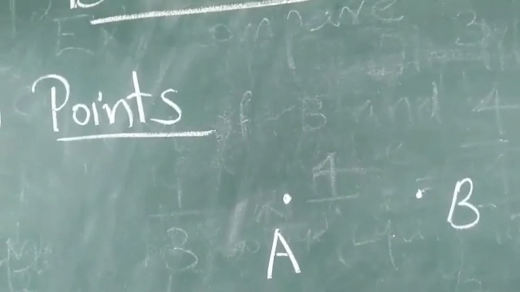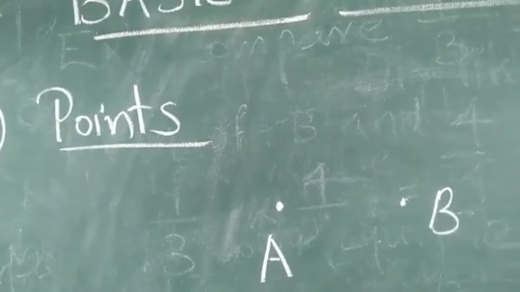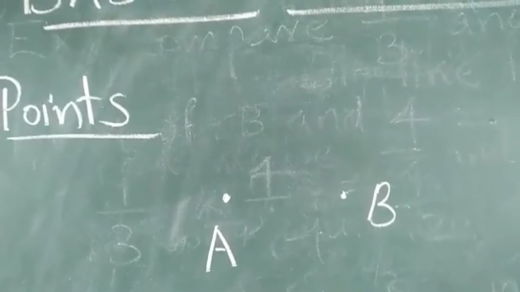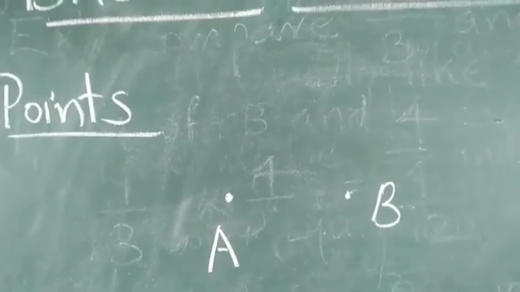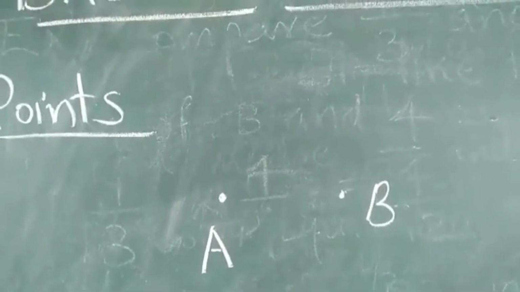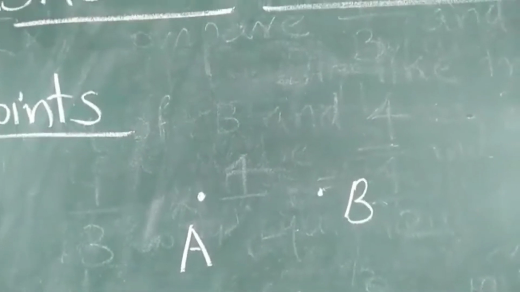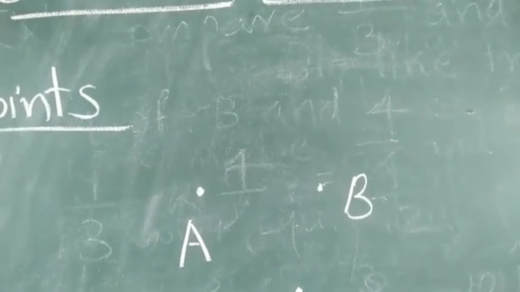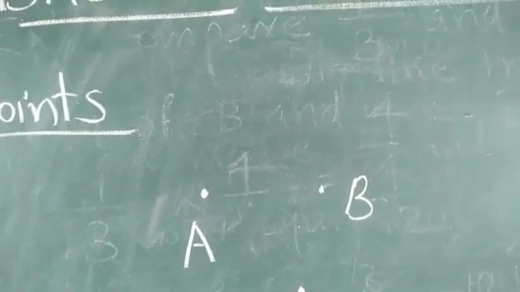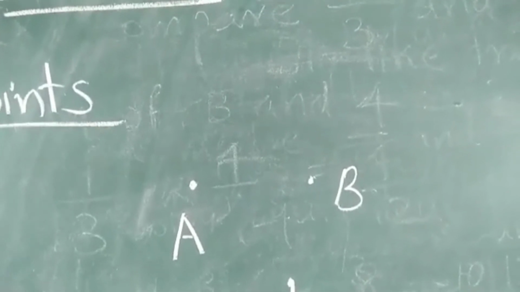Points. You have heard this word many times: a point, or 2 points, 3 points. We stick on a paper or a plane using a sharpened pencil, and we can get a point. These points can be represented by a letter A or B, etc. Normally we use capital letters to represent a point.